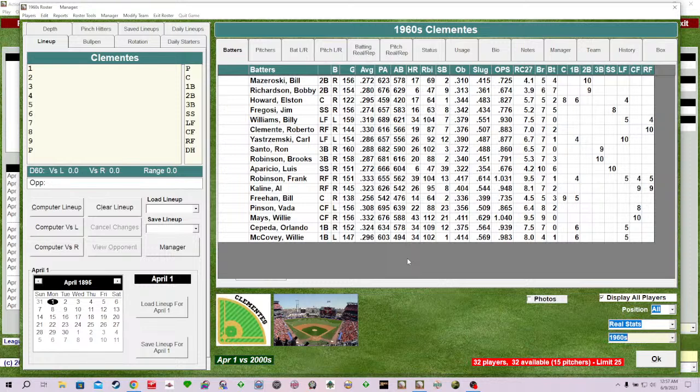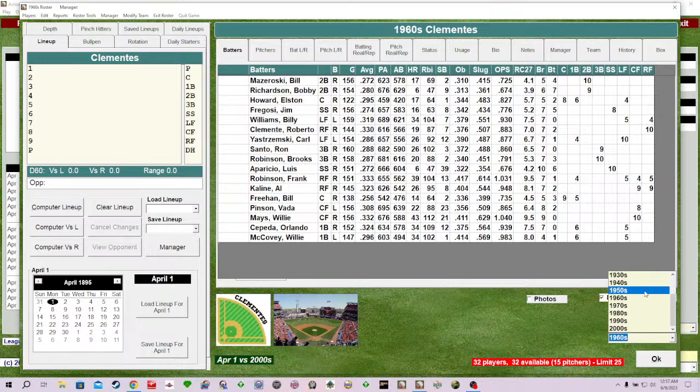Santo, and I mean, wow. I mean, Brooks Robinson, just rated at 10 as a third baseman, Santo a 9. So strong, such a strong team. Aparicio, that's your man at short, but Fregosi, not a bad backup, to spell Aparicio every once in a while. But the Judge is in there, Al Kaline, Bill Freehan, Vada Pinson, Willie Mays, you heard of that guy, the Baby Bull is in there, and Stretch. So good stuff in the 1960s. These are all loaded teams.